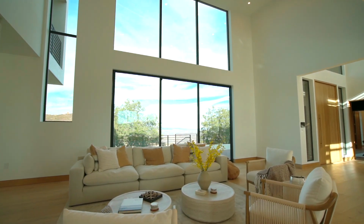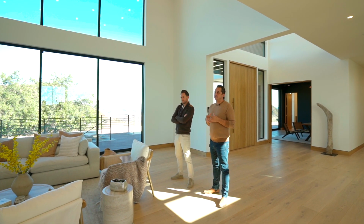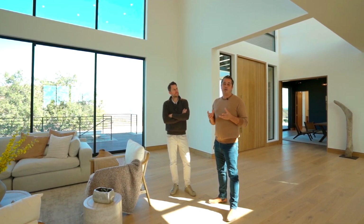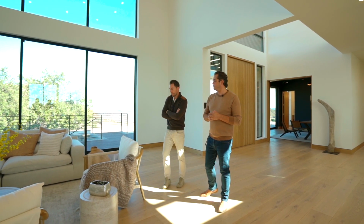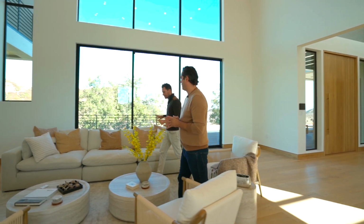So much light. You know, if we turn all the lights off, you don't need them because it is absolutely beautiful. At night, of course, because you are so private here, there is no light pollution at all, and the stars and the sunsets are really quite incredible. It must be dramatic, yeah. I mean, what I like is as soon as you walk in, you have this sort of immediate snug area,